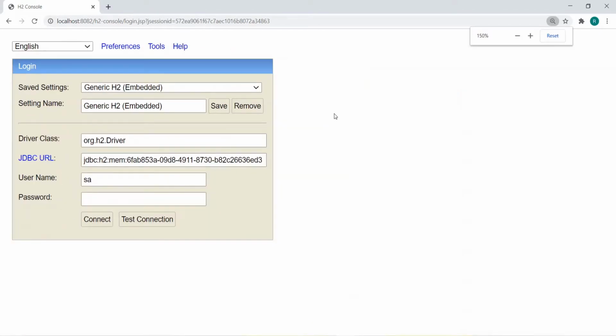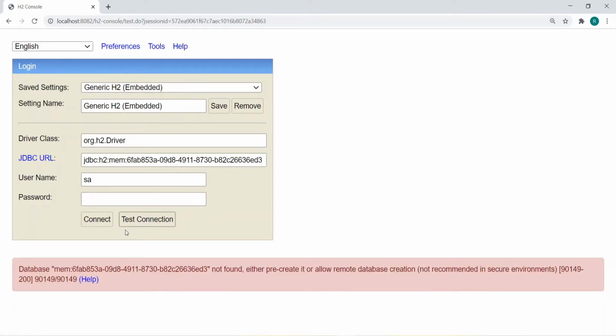This is the UI which connects. If you want to connect, you just do the test connection. It will show database not found, either pre-create or allow remote database creation in a secure environment. So if you still try to connect, it will not be able to connect, right?